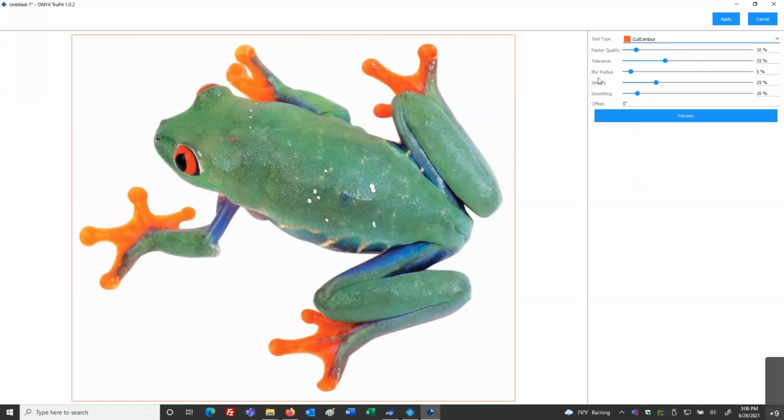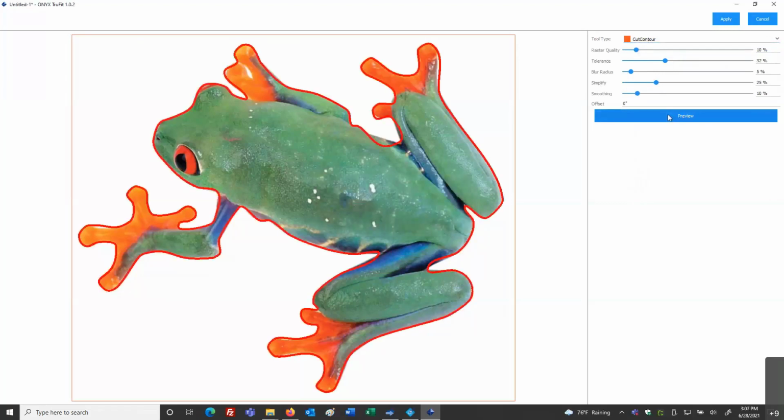And then I've got some different settings in here. There's a preset sort of flow, if you will. But from here, I can just say preview, and let's see what we get for the automatic selection. Now you'll notice there's a few areas that could be improved. And so I'm just going to go ahead and move some of my sliders here and just tighten up some of my tolerances, and then go ahead and click on preview again.